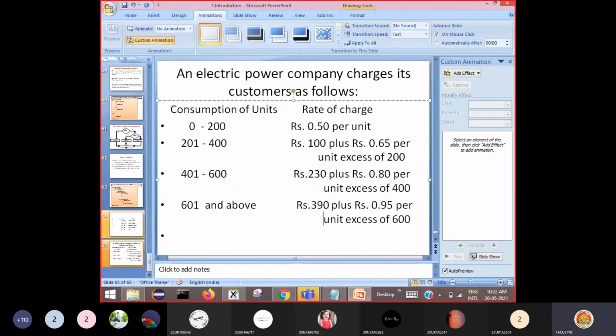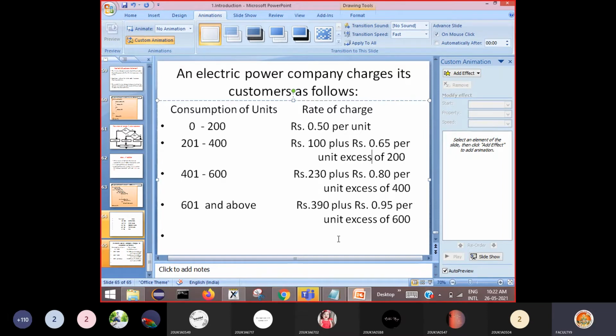So this is the category of charging the bill for consumption of electricity. This is how they categorize for charging the electricity bill.